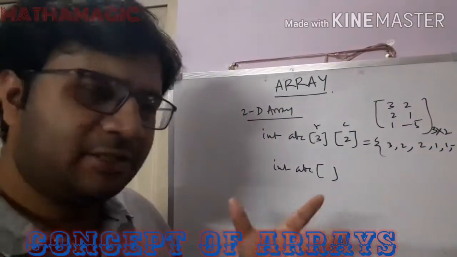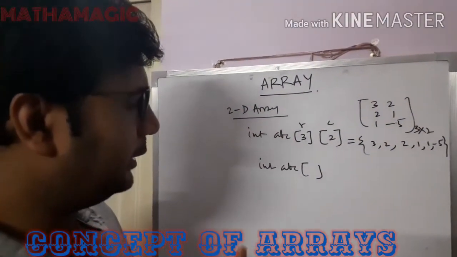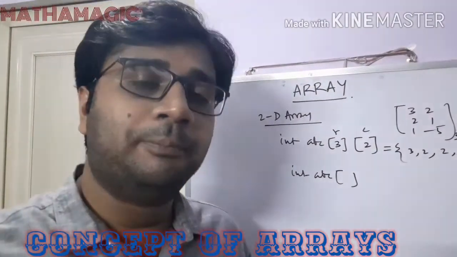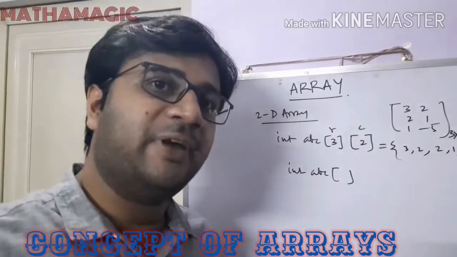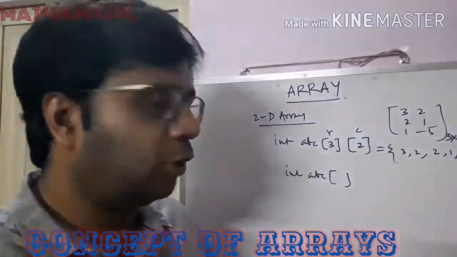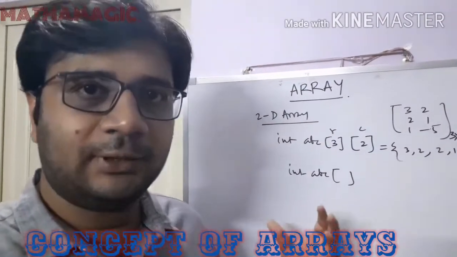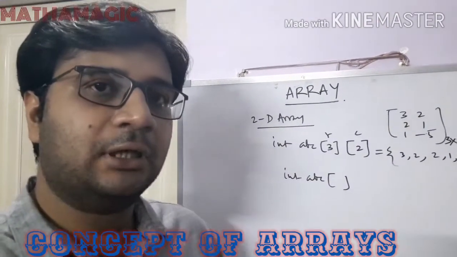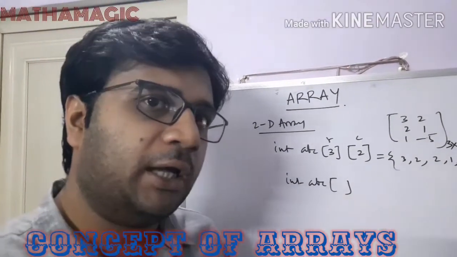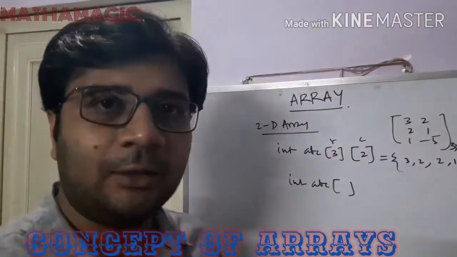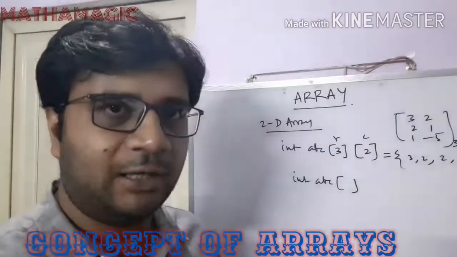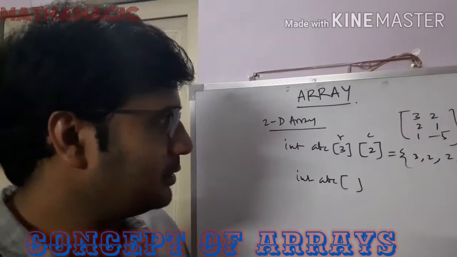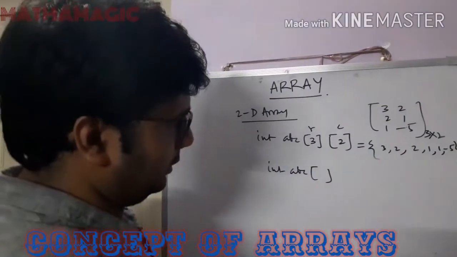Dynamic memory allocation means, I'll just tell it in short, I'll discuss in detail later. It means I don't have the practical idea or the clear idea of how many variables I have to initialize, so I am not initializing the size of the array. I am initializing just the array, not the size of the array. So dynamically, however much size it will come, however many variables it will come, it will keep on addressing them, keep on assigning the variable name for them. So this is called dynamic memory allocation of an array. So no need to be hesitant about this. You can understand the concept by saying this.